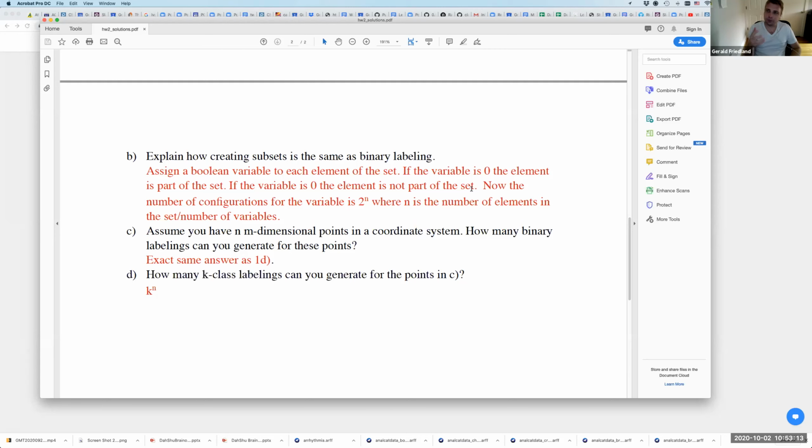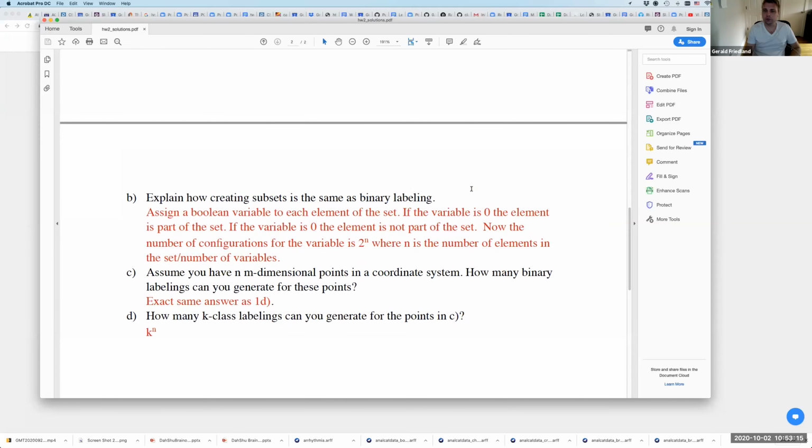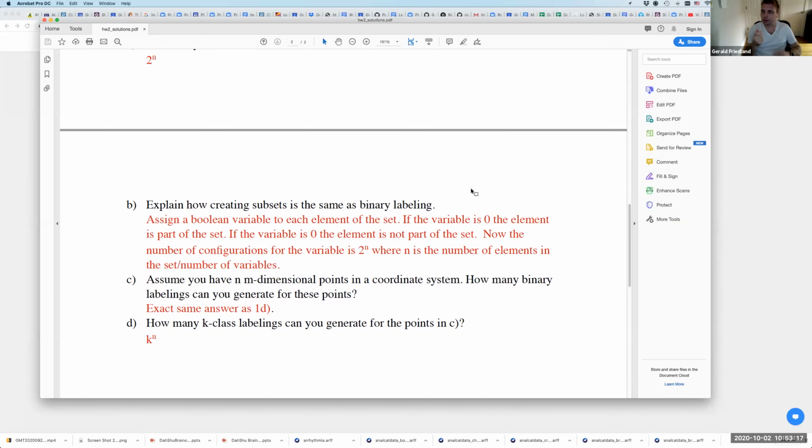And again, the point of this exercise is mostly for you to see the language transfer between the traditional VC dimension language and the more engineering way I introduce it, which is like it's just the same thing. You just have to wrap your brain around it, right? So 2 to the power of n subsets of a set come from the fact that you turn on or off the membership in your created subset on each attribute of the original set, right? That's where it comes from.